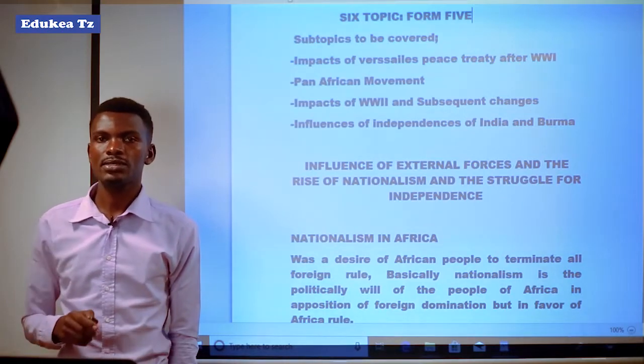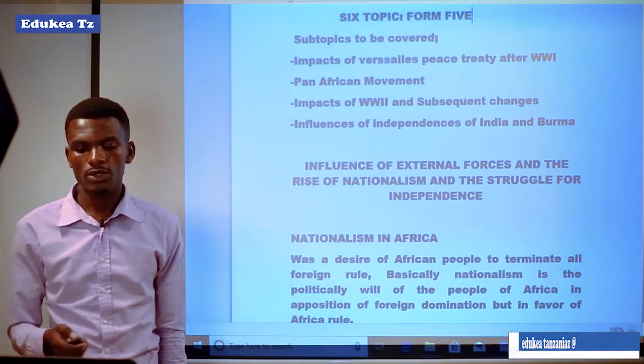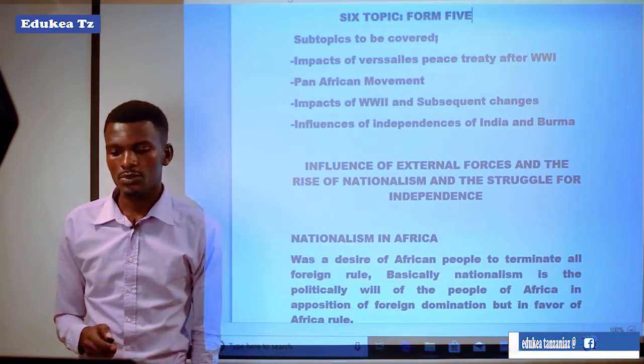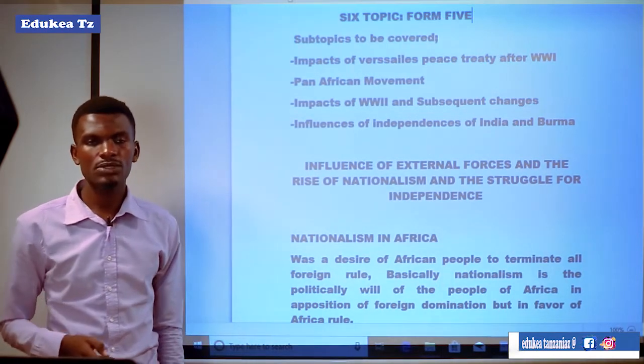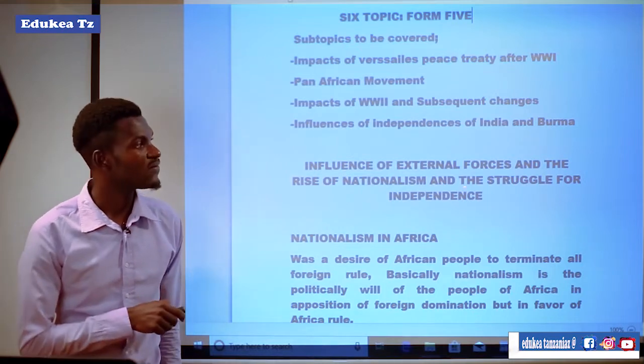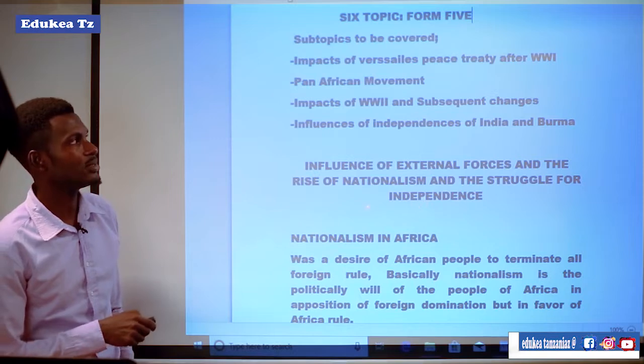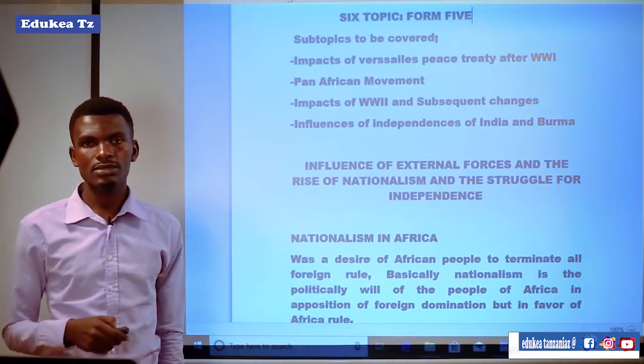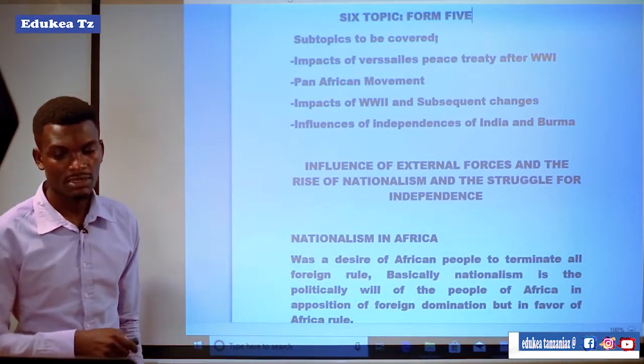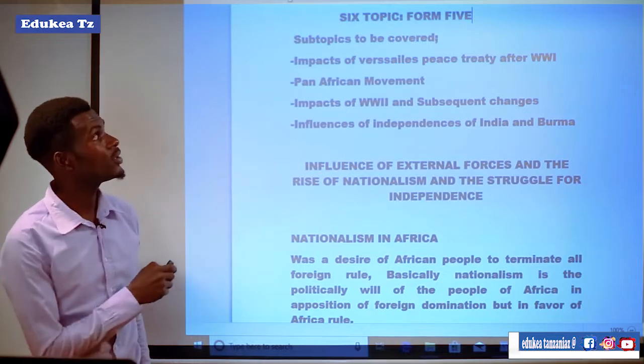It is just history from Form 5, topic number 6. We are going to see topic number 6, which is the influence of external forces and the rise of nationalism and the struggle for independence. This is topic number 16 from Form 5 history. So let us see the